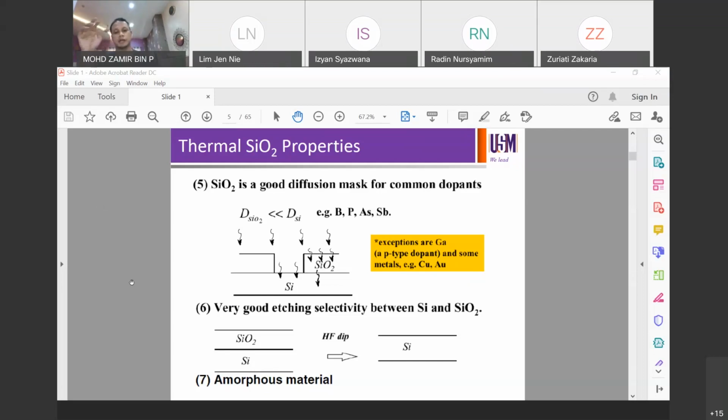So in areas where you have oxide, you will block dopants from coming in. So if the oxide is thick enough, it will be able to block the dopants from coming in and